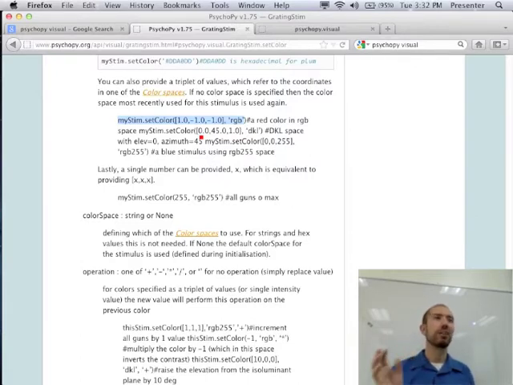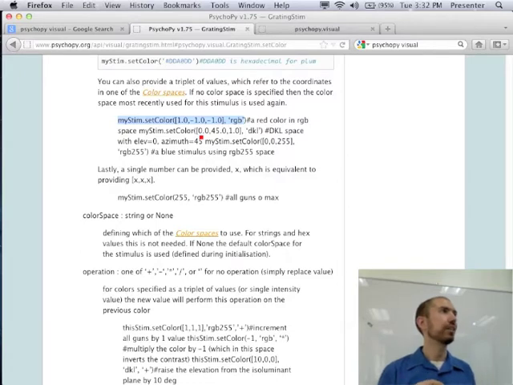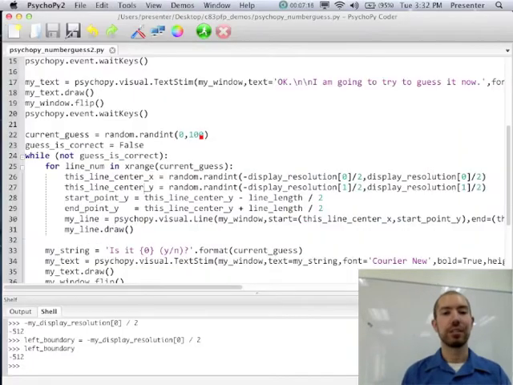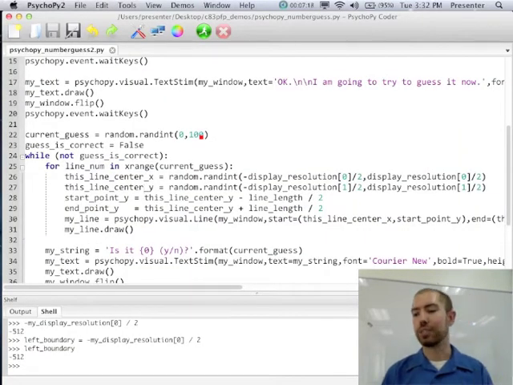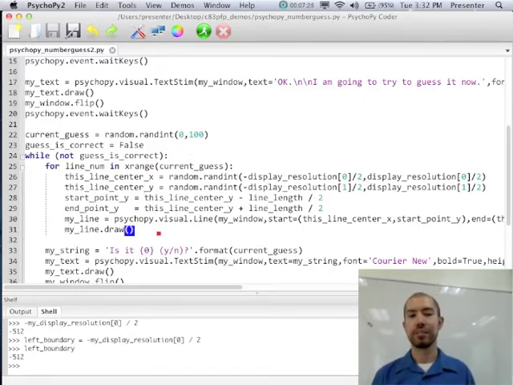If you guys have played around in Photoshop with the red, green, blue color picker or things like that, this might make some sense to you. Or if you remember your C82COG color lectures, this might make some sense. But the idea here is that you can specify any color that a computer can display by the relative amounts of red, green, and blue in the color, okay? So I'll walk you through how we actually do this, so you'll hopefully see how these are represented. The points to keep in mind for the future are there are other ways you could represent color in CyclePy, but we're going to do it this one particular way.